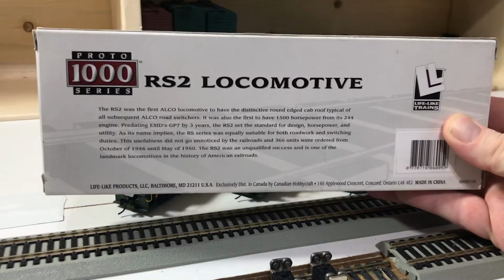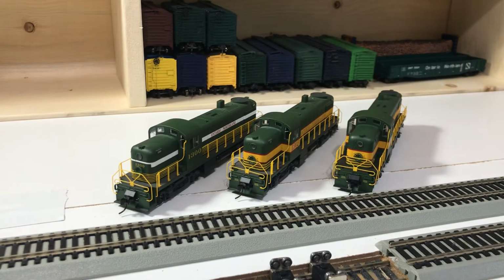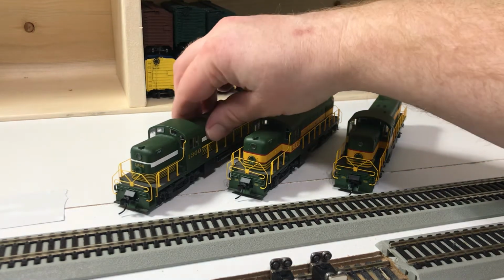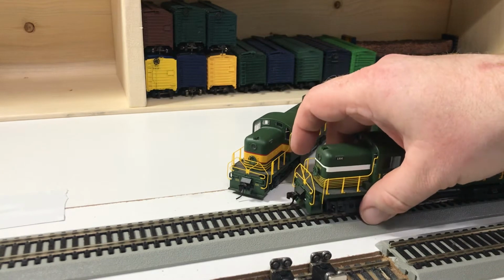The box had a little bit of a write-up on the back. But the Proto 1000, reasonably well-built little locomotives. Not quite to the degree of detail and not as brilliant a running locomotive as the Proto 2000 series. As I understand it, these were brought out to try and compete more so with the Athearn model range